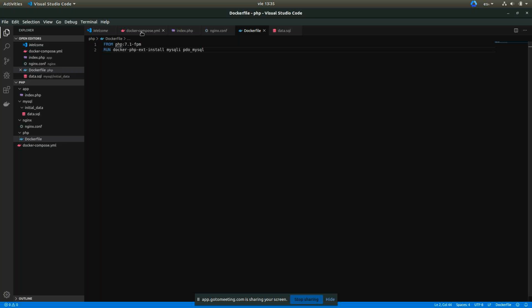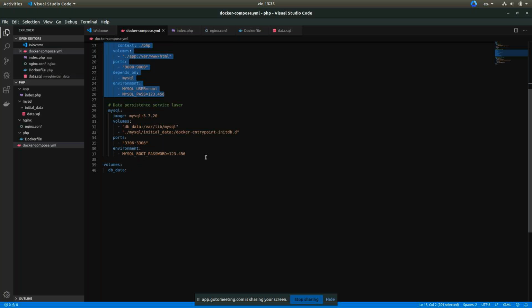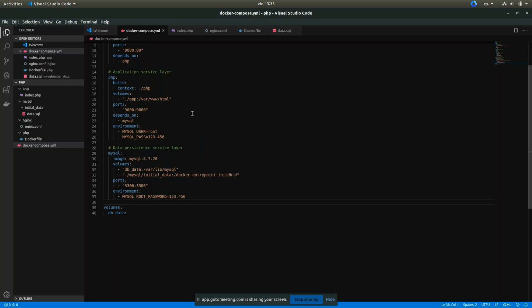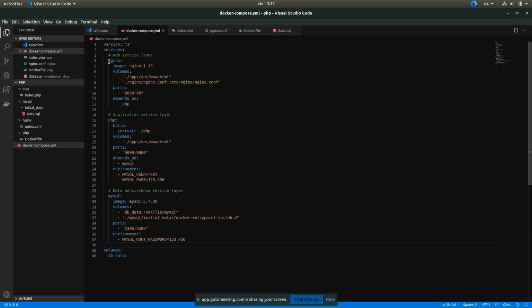Also, we are using Nginx here as our web server.